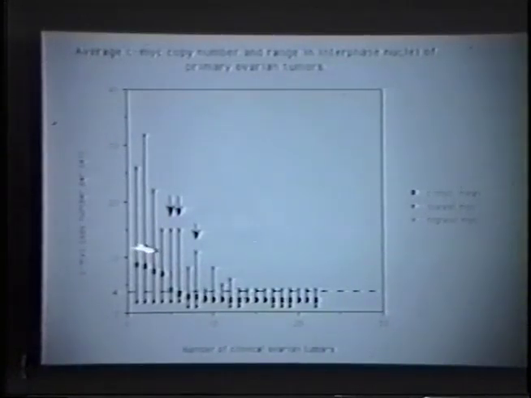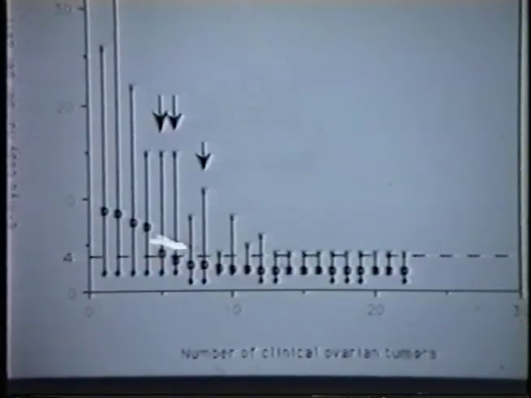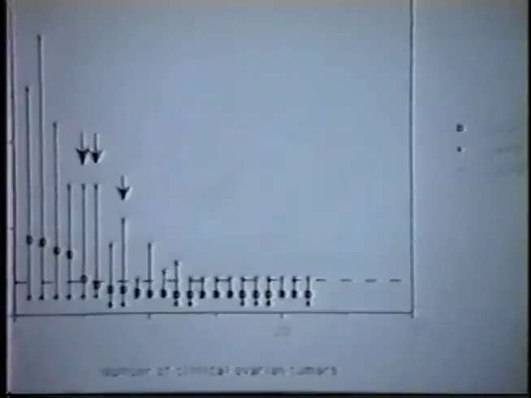But I think the other and more interesting possibility is that not only do we get the mean, but we get the dynamic range, or the variation in the amplification. And what you can see down here, if you just focus on these tumors with the arrows above them, is that if you just looked at the mean, you would really not consider these to be amplified with CMYC at all. But you can see over here that there are subpopulations, sometimes only a few percent, that actually have substantial amplification of CMYC. And so this kind of technology opens the way for prognostication according to the most advanced subpopulation, not just the average. And so this is really a new way of looking at some of the genetic events